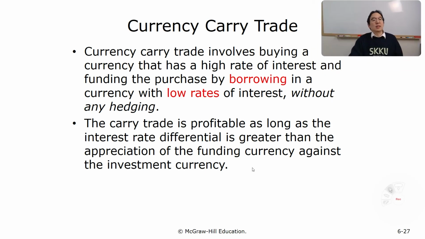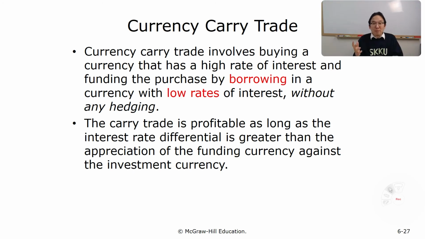Well, this involves buying a currency that has a higher rate of interest and funding the purchase by borrowing in a currency with low rates of interest. Okay, borrowing a low rate currency and then sending it to a high interest rate country and investing over there. Right, 0%, 5%. When Japan's interest rate was 0%, the rest of Asia's interest rate was like 5% or 8%. Maybe in Korea, right? We called it Mrs. Watanabe